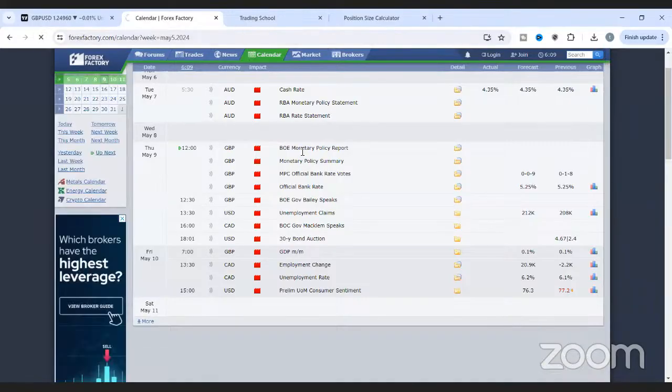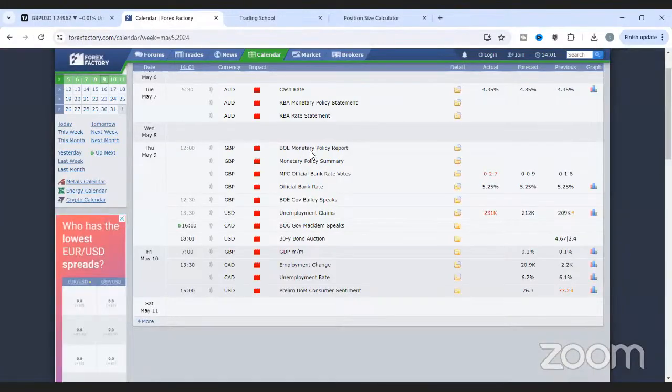Let me refresh this page. You remember earlier we talked about the high impact news coming out today, and approximately 31 minutes ago, we had the news for the USD, the unemployment claims. If you look over here, 231K, which happens to be red. So this is negative, which means what? Which means sell USD.